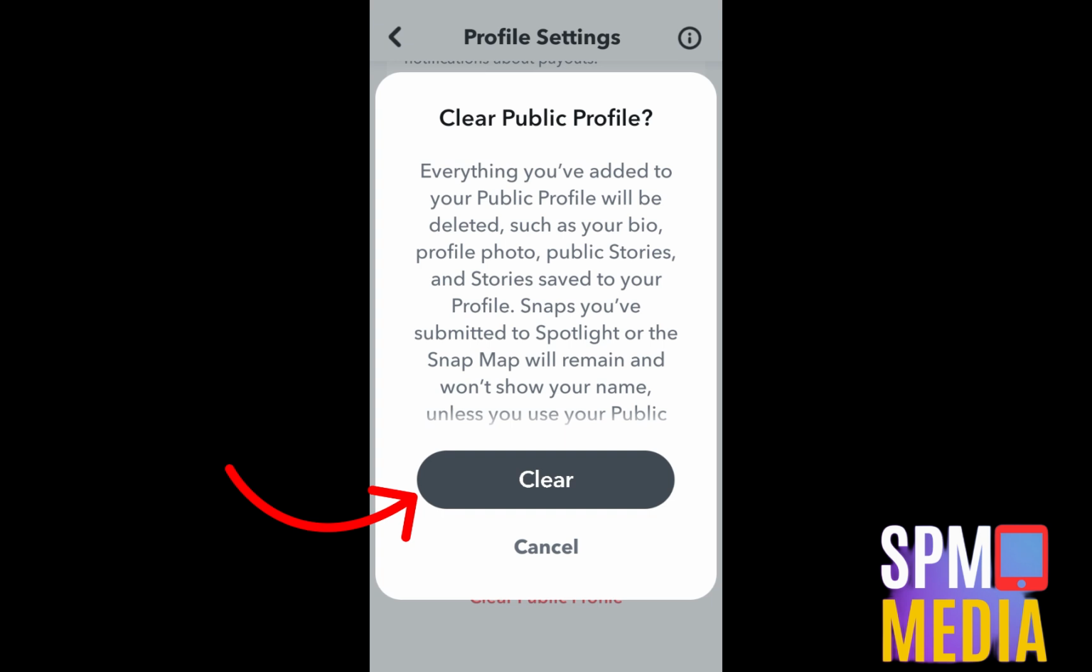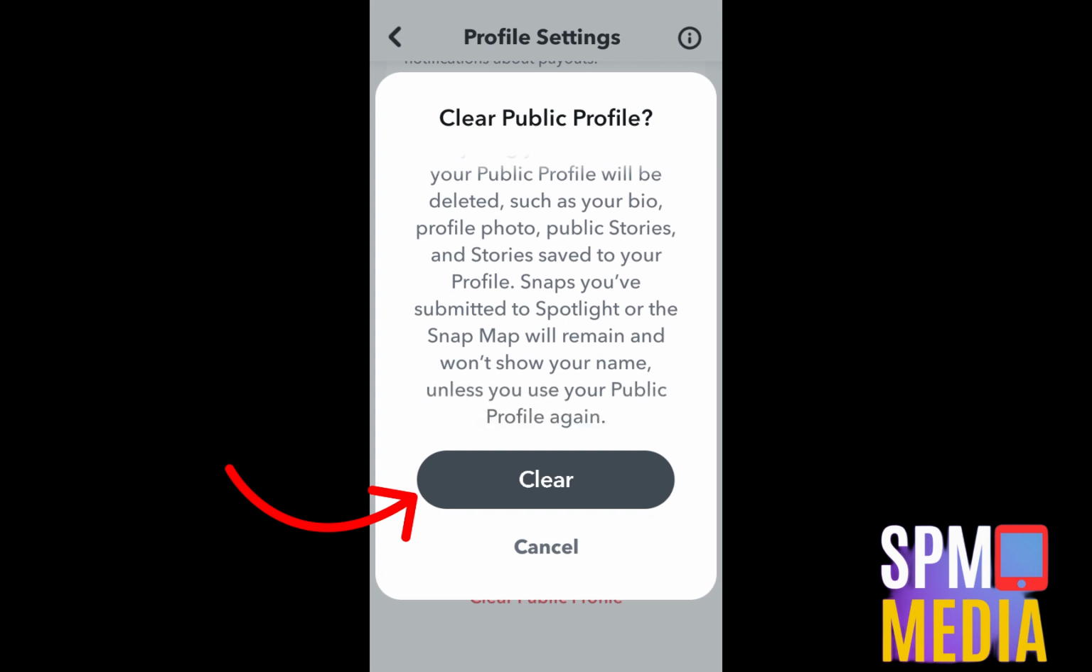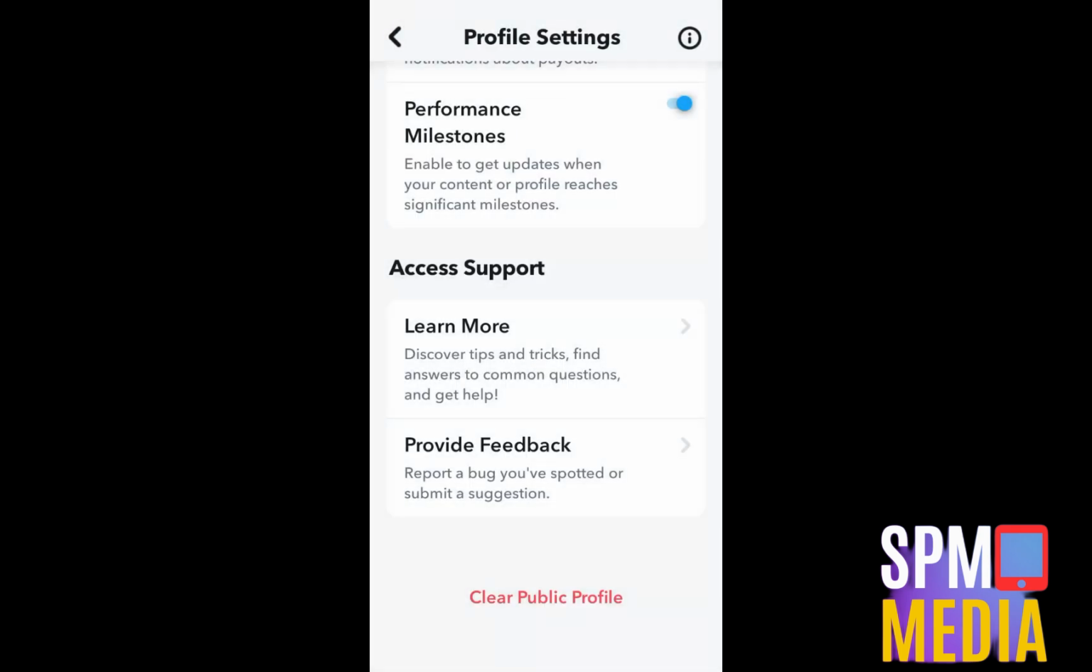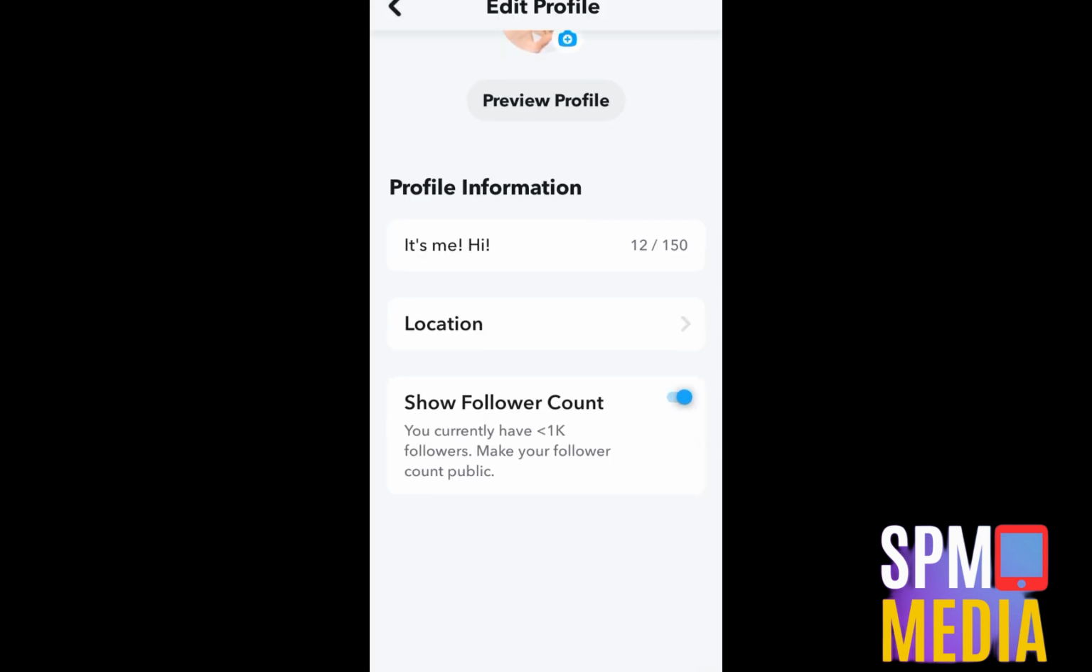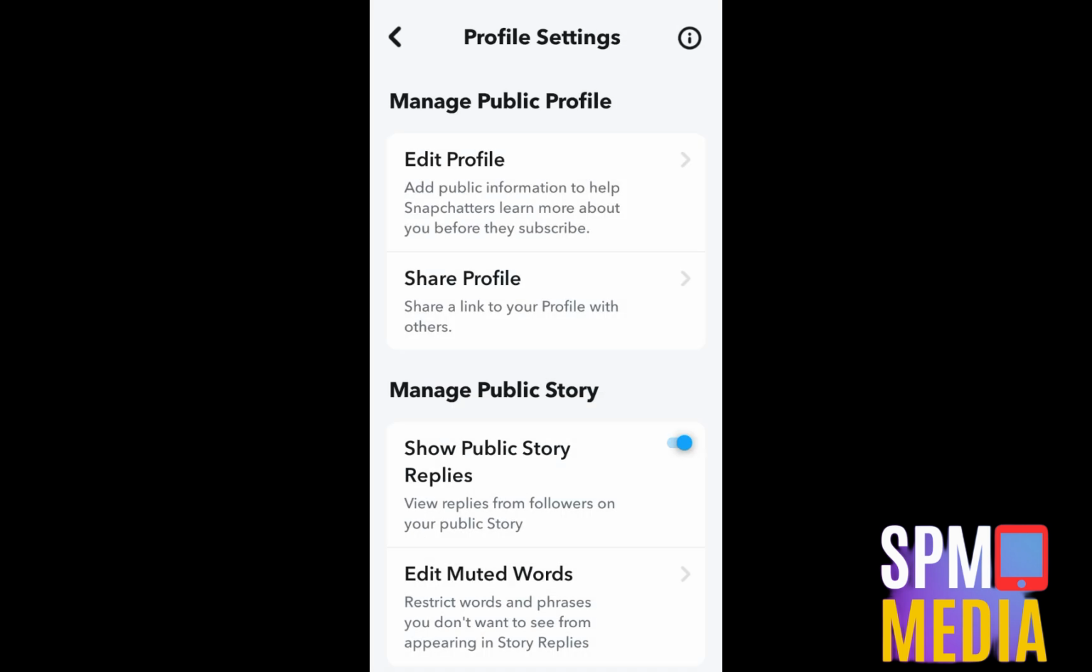They will ask you and they will notify you that everything will be removed here. So you just have to read this one. And once you're sure that you want to delete your public profile, then all you have to do is to click clear right here. So basically, that's it. Now you can go back and you can create another public profile if you want. But basically, that's it. You just have to go to your profile settings, and then clear your public profile right